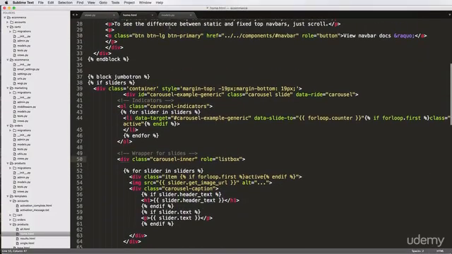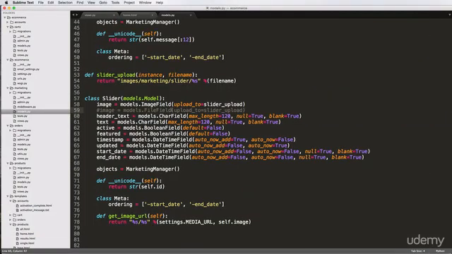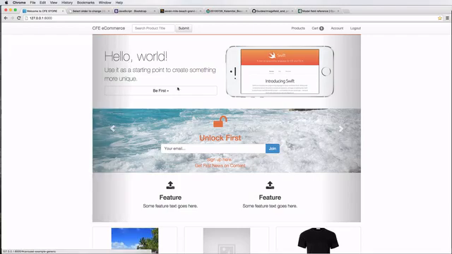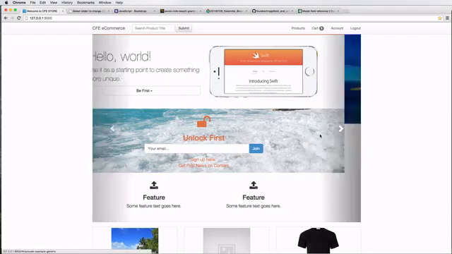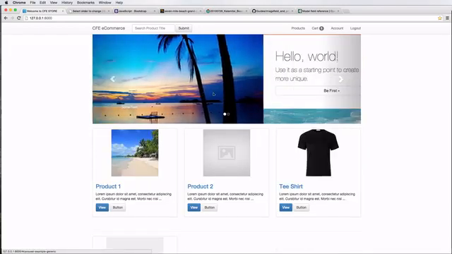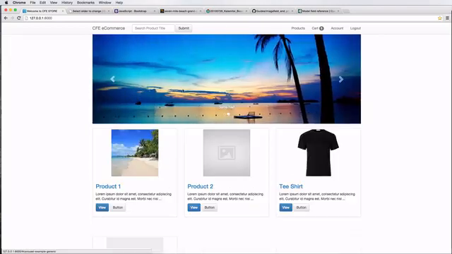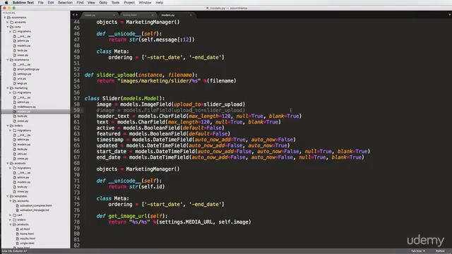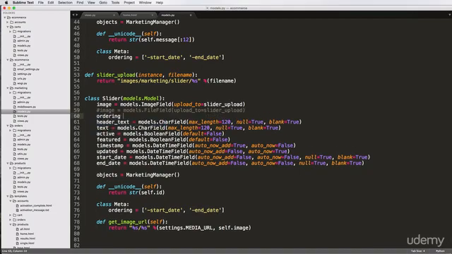So really, we could probably change how the one is featured, but this is going to take some thinking. Do we want the featured ones to be the only ones that are displayed and then the ordering doesn't really matter? Or do we want the ordering to really matter, right? So do we want that first slider to be something very specific, or do we want it to be something different? So if you want it to be something very specific, then we could say ordering equals to models.integer field